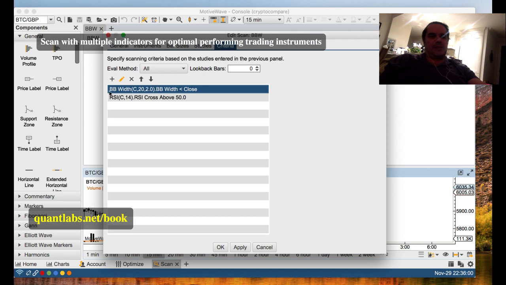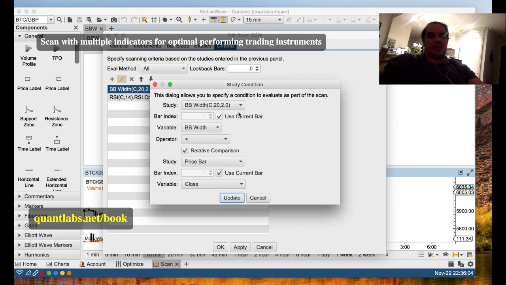So if I look at BB width, here in the criteria, it's pretty simple. Default parameter. Use the current bar. The BB width that I've shown before is less than the relative comparison. This is not an ideal test. So at that result, the BB width has to be less than the price bar using the close. Most of the time, this should